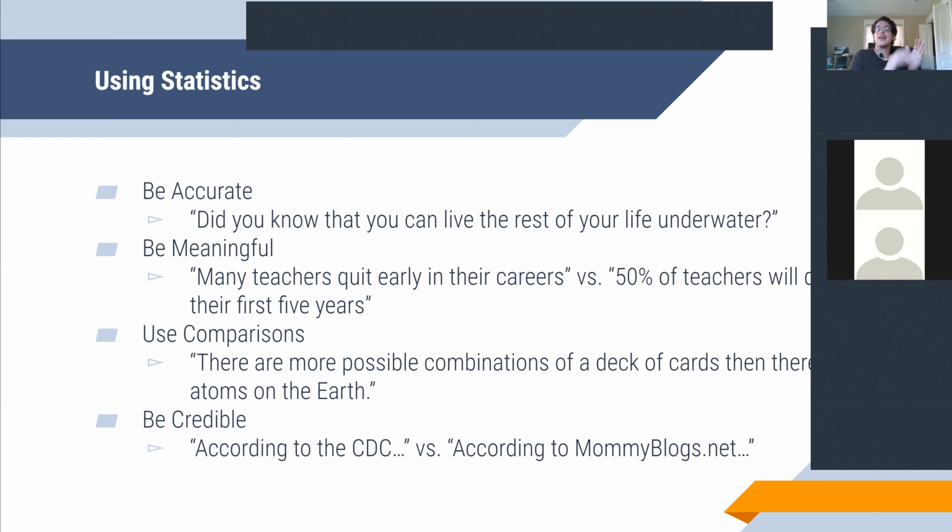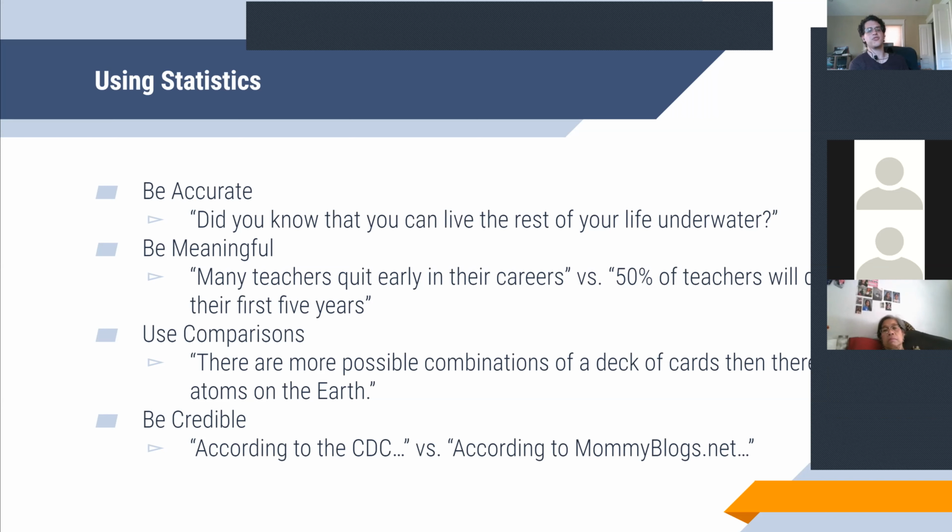You're close. Well, it's because you can live the rest of your life underwater, but if you dive underwater, the rest of your life is probably going to be an average of 2 to 3 minutes long. So that's how it misleads the audience, because it has them thinking something. Even though technically what I'm saying is true, I'm leaving out a critical piece of information: you can live the rest of your life underwater, it's just going to be a very short rest of your life.